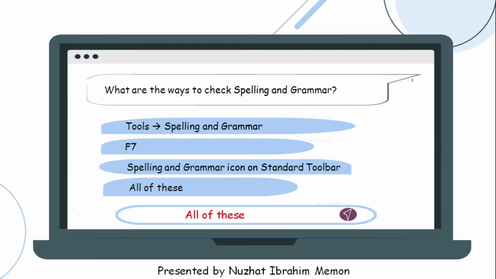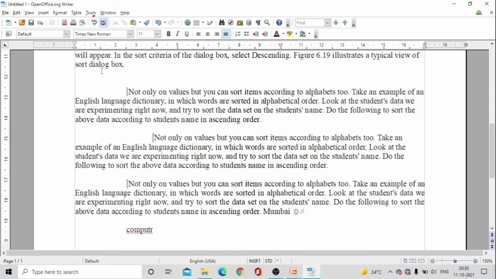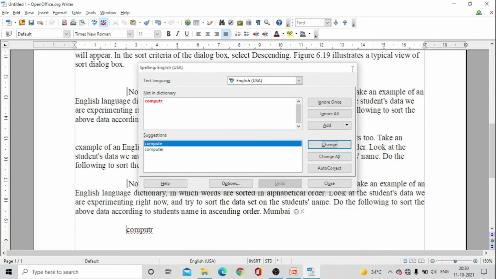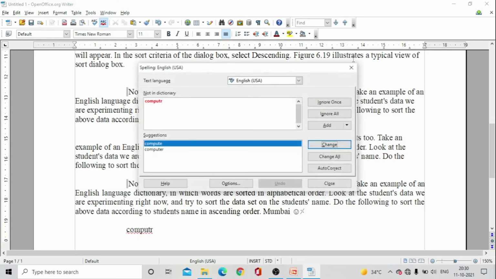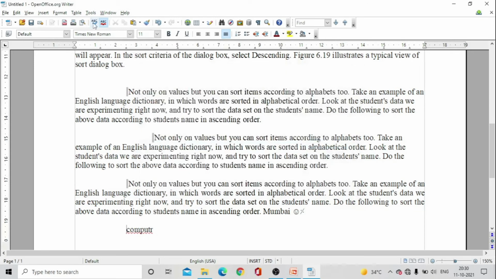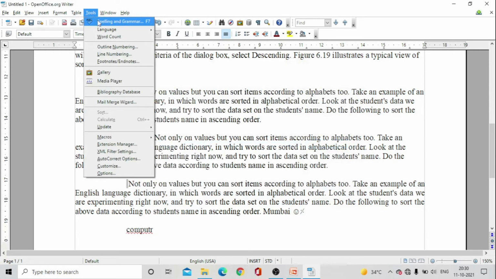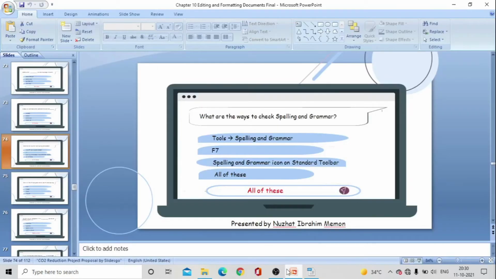Then you can use the shortcut key, that is F7, and then you can use the spelling and grammar icon on the standard toolbar. We will do this practically also. So here, as you can see, is our icon, so you can go for it. Then the second method was a shortcut key, right? Which was the shortcut key? Remember, come on, it is F7. Very good. Then third, you can go in the Tools menu and then go for spelling and grammar check.